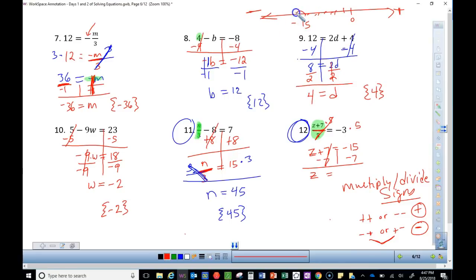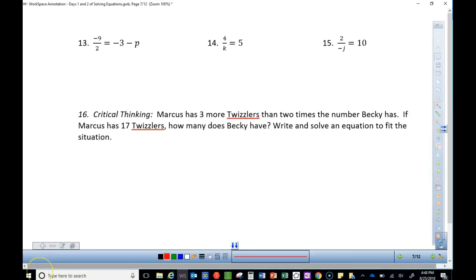So if I'm going to minus 7 more, I'm going to end up at negative 22. So negative 22 is the solution set. All right, got a few more here. So